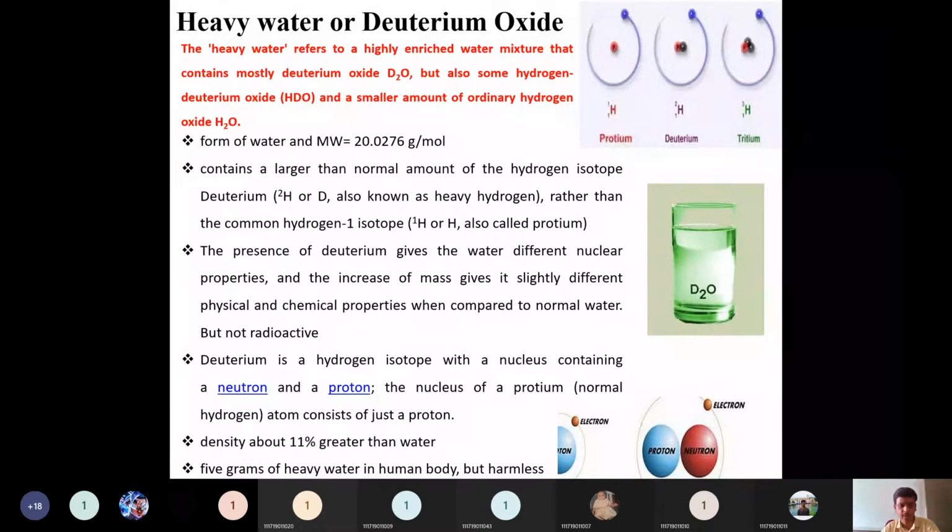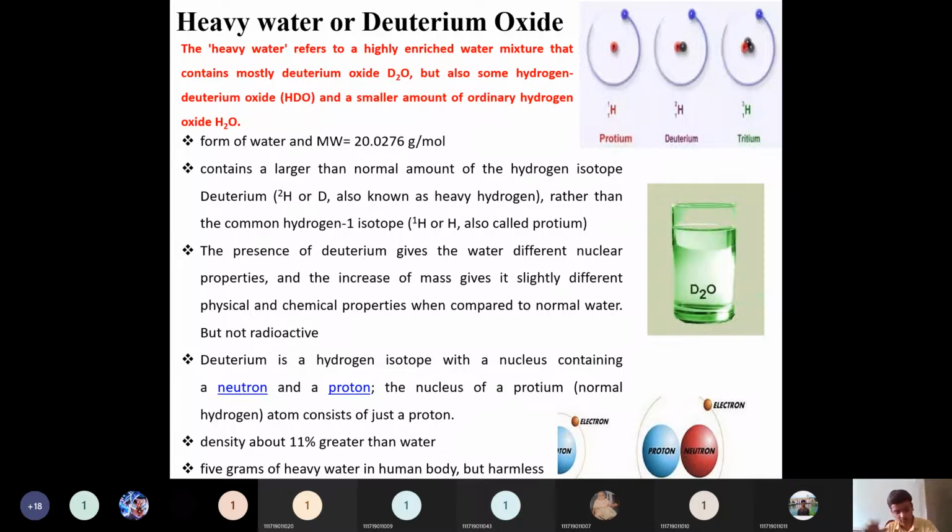The natural source of deuterium is water only. A very minute amount of deuterium is contained in normal water. That is the normal source for us to obtain deuterium oxide. It is present in the form of HDO and H2O, and it can also be obtained from petroleum fractions. So we can obtain it from normal water, or we can use some petroleum fraction cuts to obtain heavy water.